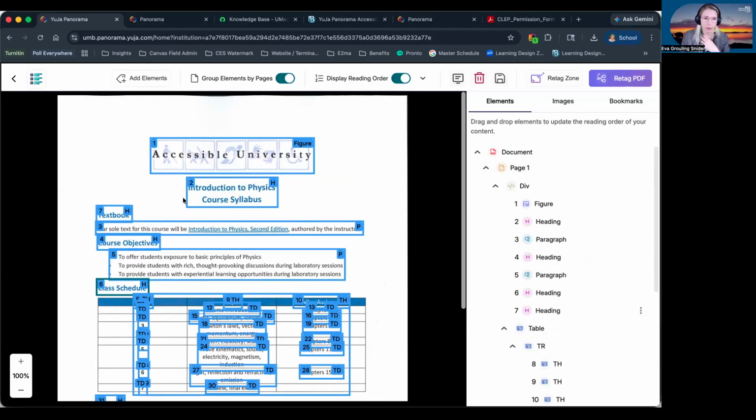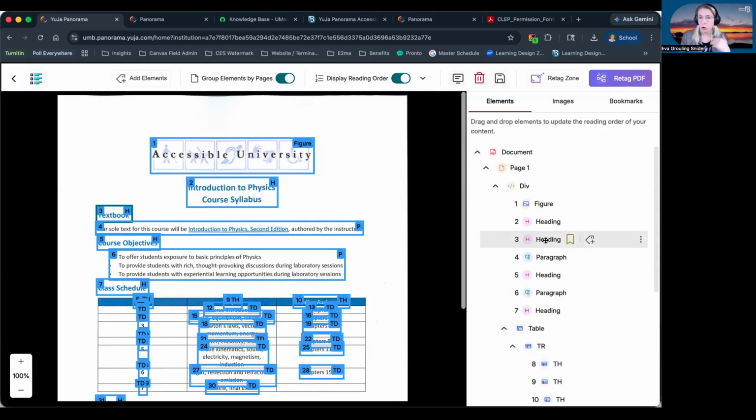Then it's going to read Introduction to Physics, course syllabus. And then it's going to move down to the paragraph, our sole text for this course, etc. And move on. And then in the 7th slot is going to read textbook. That is obviously incorrect here, but I just wanted to demonstrate to you that you can reorder and rearrange reading order just by clicking and dragging here.